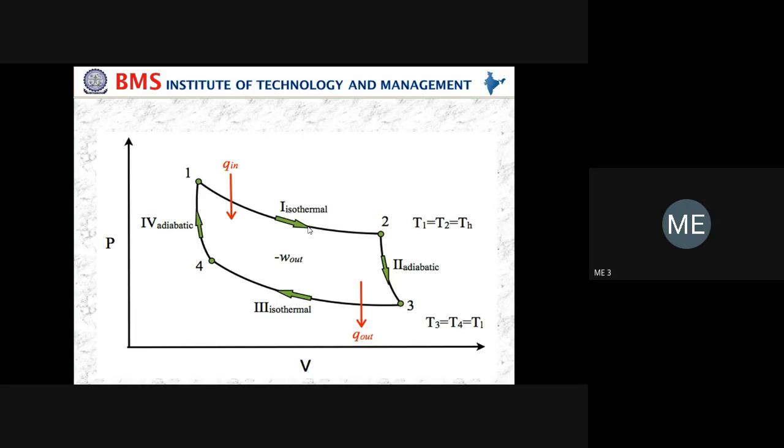You see, process 3 to 4 is in backward direction. You see that arrow mark is also most important. So it is in forward direction and it is in backward direction. What is the meaning of these two arrow marks? Anybody? So it is expansion. So isothermal expansion is happening. Correct. What about this reverse arrow mark? So isothermal compression. Good. Then what is the difference between expansion and compression process?